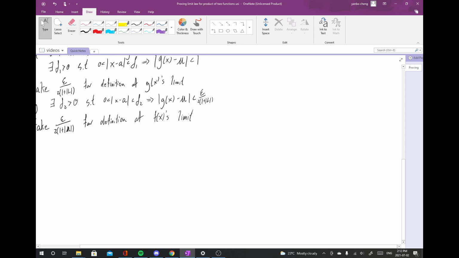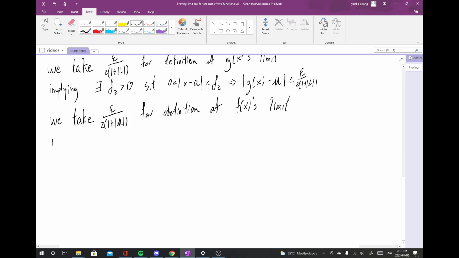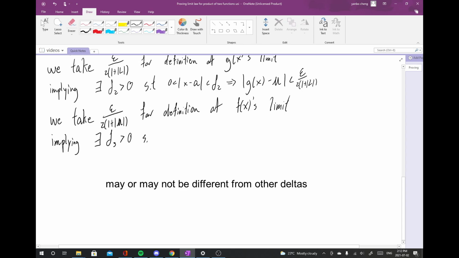If I were to write this more rigorously, I would write the limit of f of x as x approaches a is some L. This implies there exists a third delta that is different from the other deltas, such that 0